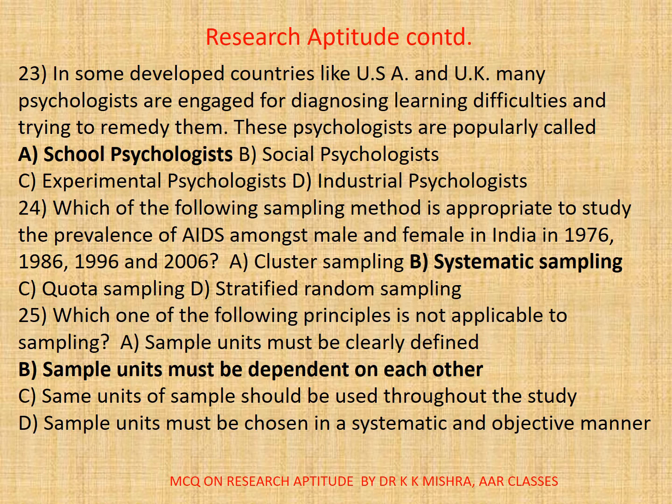25. Which one of the following principles is not applicable to sampling? A. Sample units must be clearly defined. B. Sample units must be dependent on each other. C. Same units of samples should be used throughout the study. D. Sample units must be chosen in systematic and objective manner. So the correct option is